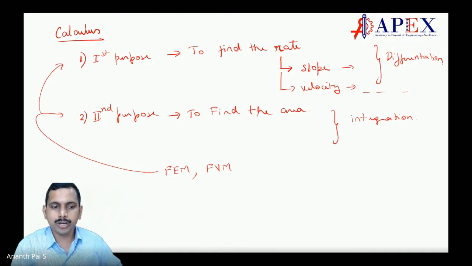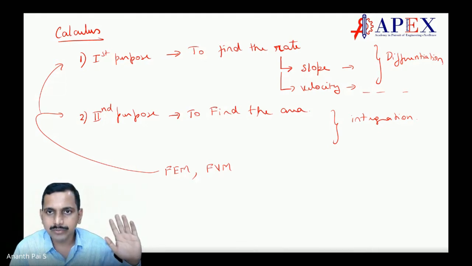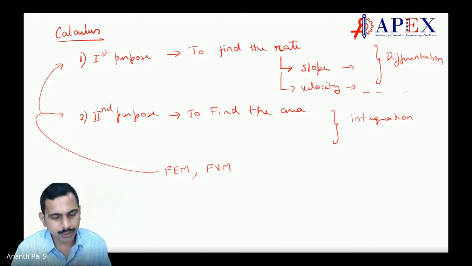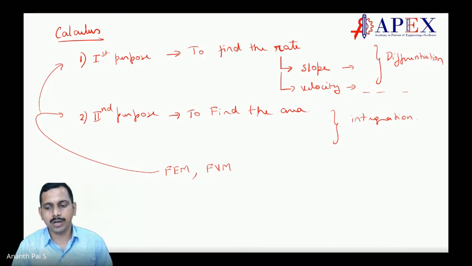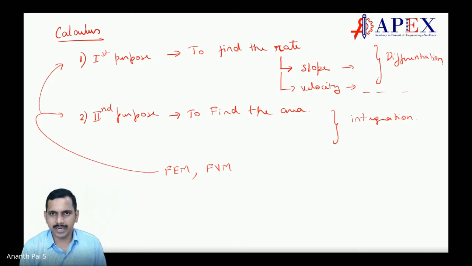You may talk about variation of stresses. You talk any advanced field, whether you say turbulence in fluid mechanics, or electrohydrodynamics, or anything, quantum mechanics. You talk any field of science, this calculus is important, and it boils down to only two things: finding the rate and finding the area. That's it, done. There is nothing else which we do.